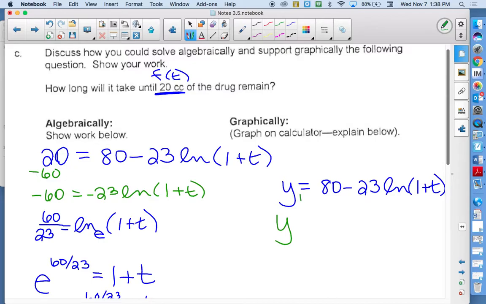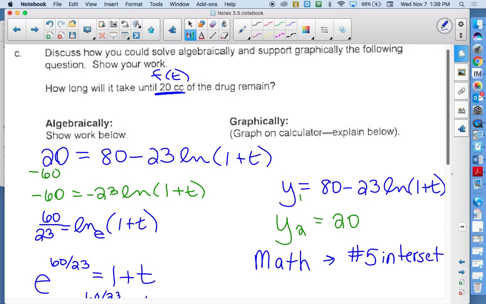So the third option would be to plug in y2. You plug in 20. And then you have a horizontal line. So you can find out where they intersect. Because that intersection point is the exact point where it's equal to 20 for y and whatever that x number was, that was 12.581. So you would use then math, and you'd go down to number 5, I think, where it says intersect. Now you'll have to change your window,